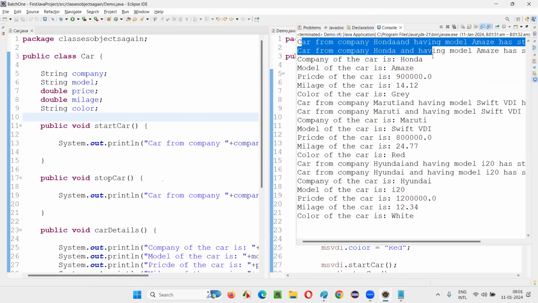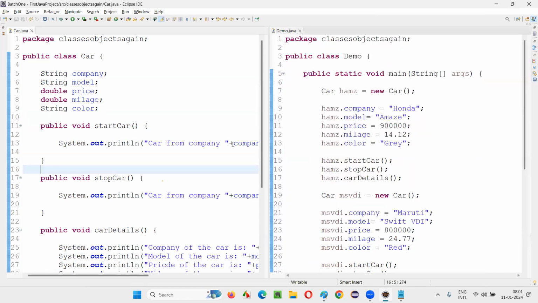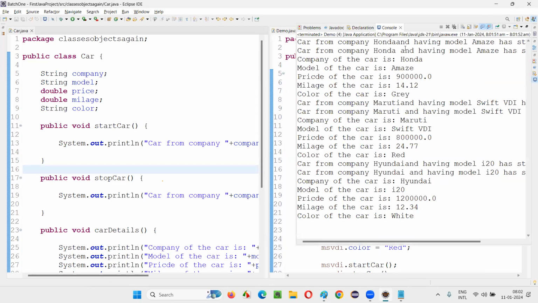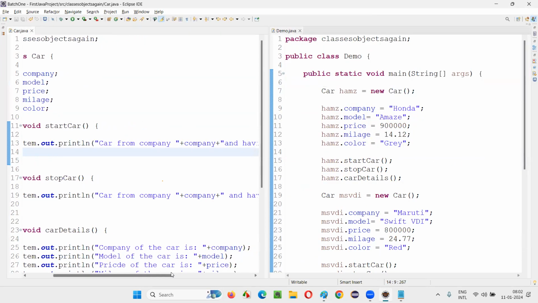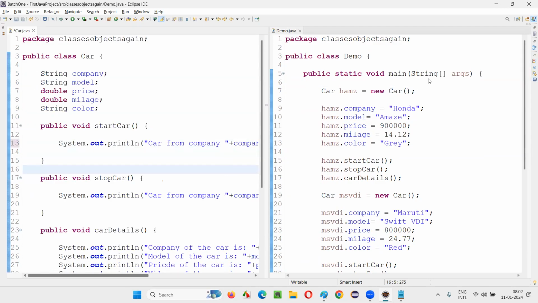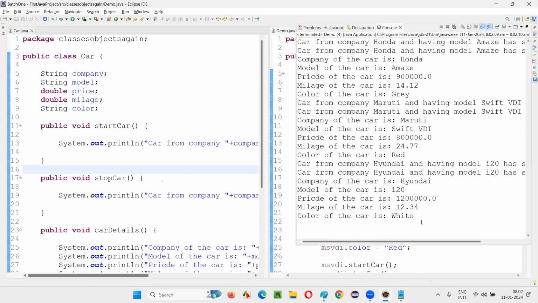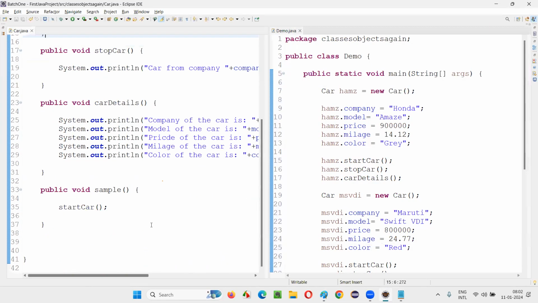So run the code. And 3 objects related things are happening here. So I want to put a print statement here, System.out.println. Just write something like this. Okay.